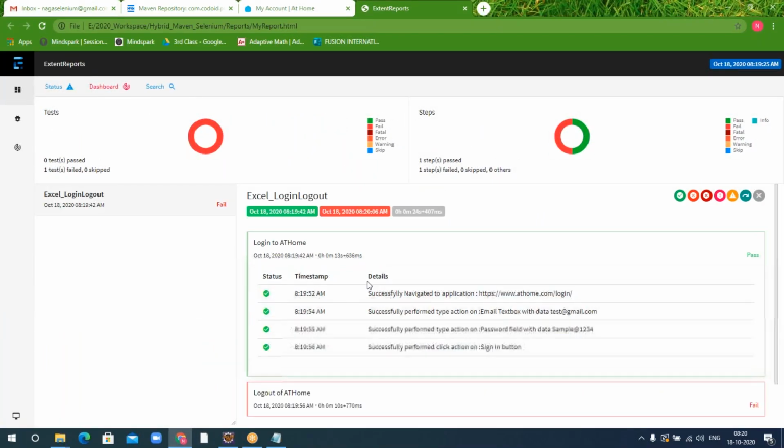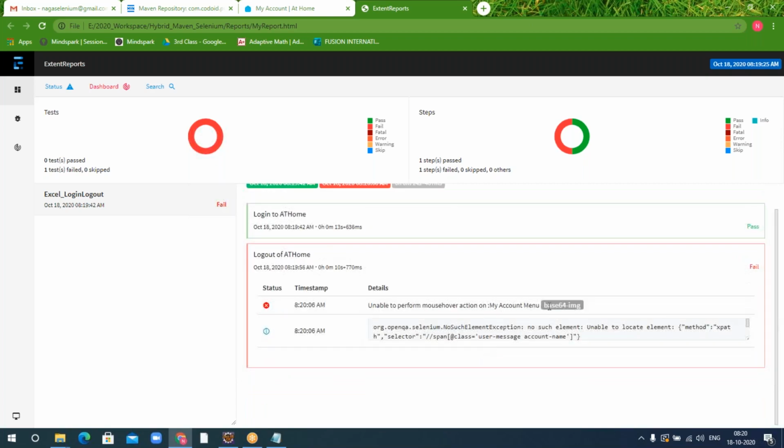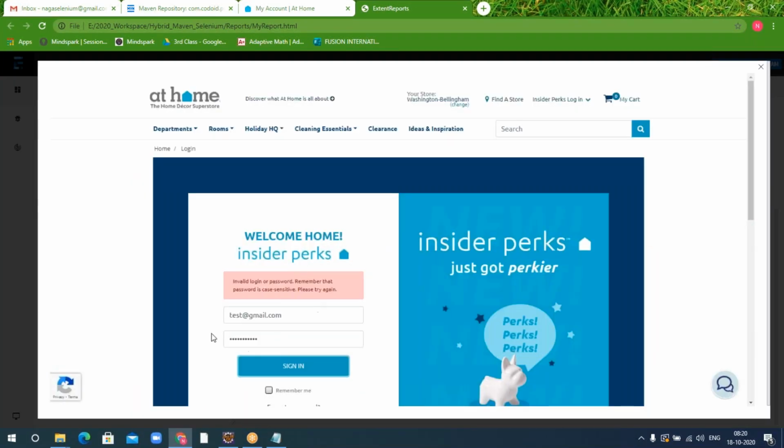You can see that it is saying it as successful, but the only thing is it has given it as fixed data entry. And it is failed because mouse out is not happened. And you can see the screenshot. This is not logged in. So here the screenshot plays a crucial role because the step is saying login successful, but the thing is here it didn't log in properly. So that is the reason screenshot is very important. Okay.